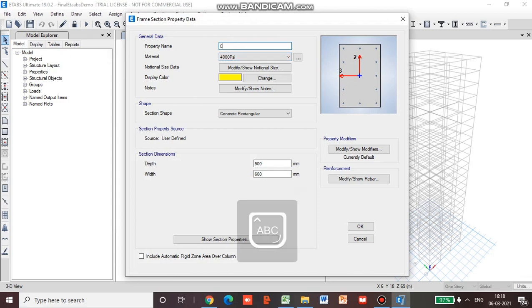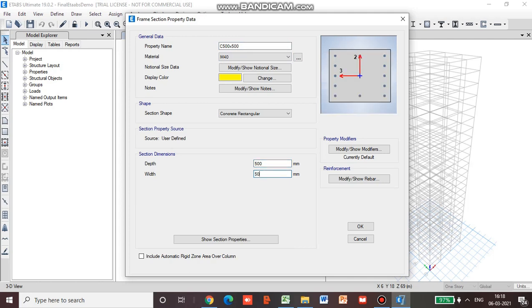The property name we will keep as C 500 by 500. The material we will select as M40. The depth 500, width is going to be equal to 500.